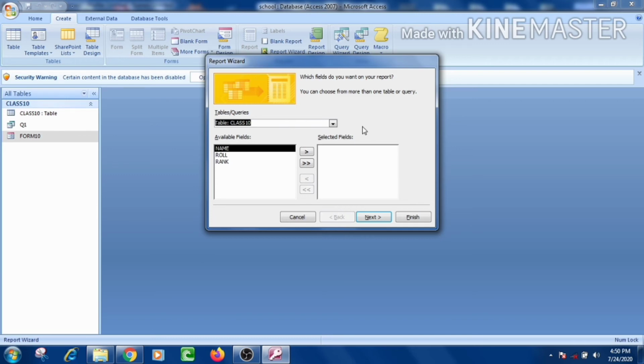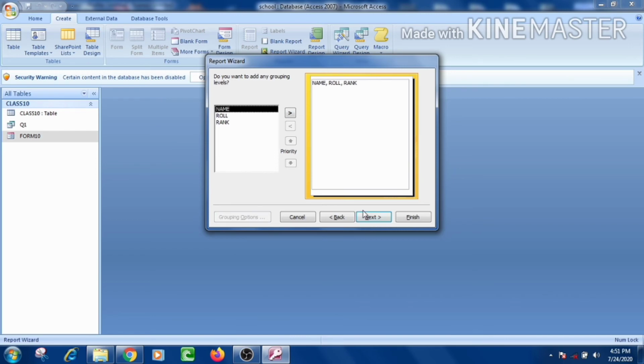It means now we are going to create the report on the class 10 table. Now whatever fields are present in the class 10 table, we have to select them. Suppose that I am selecting all of them, so I click on the double arrow button. So all the fields are selected. After doing this, I will click on the next button.